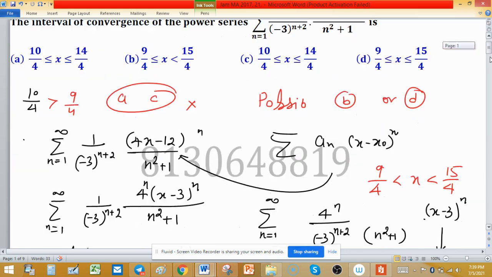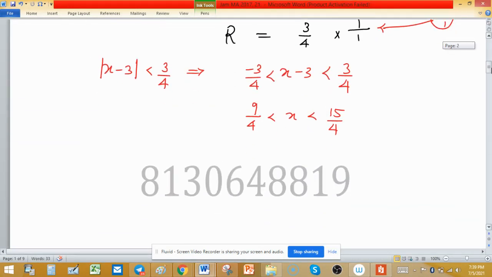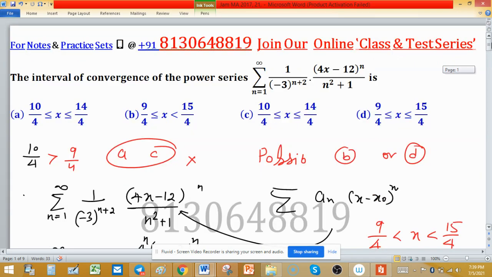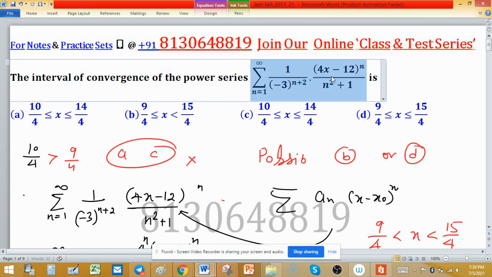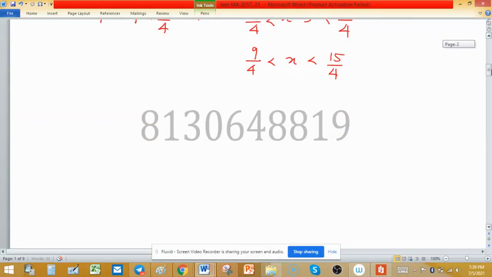So we need to check convergence of the given series at 15 by 4. So I'm taking this expression again. Put x equal to 15 by 4 in the given series, and what we have,